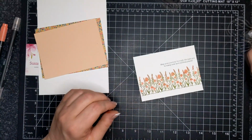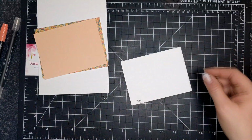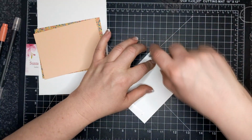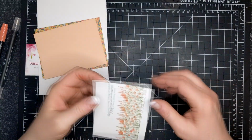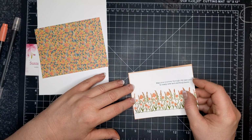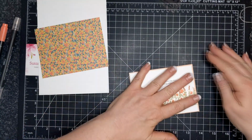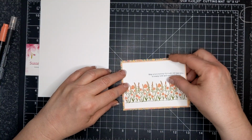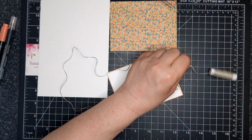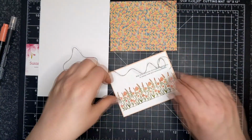Cool. So I've adhered my basic white piece to that pink piece. And then I'm using my twine that came in the kit and wrapping that around twice and tying a pretty bow. And I think I gloss over that bow making because, you know, it's hard for me to make the